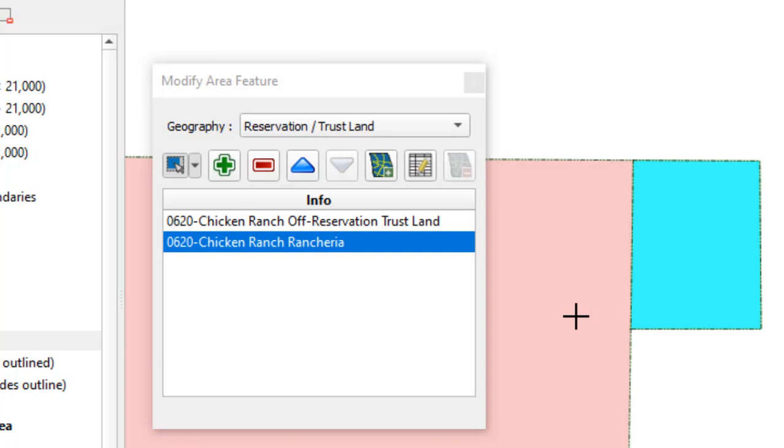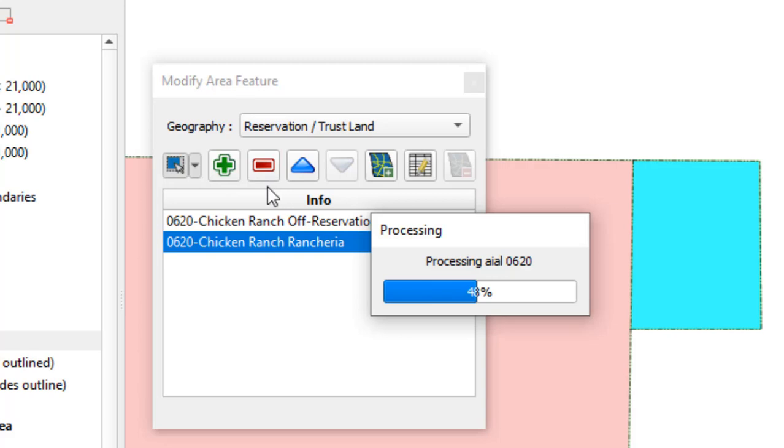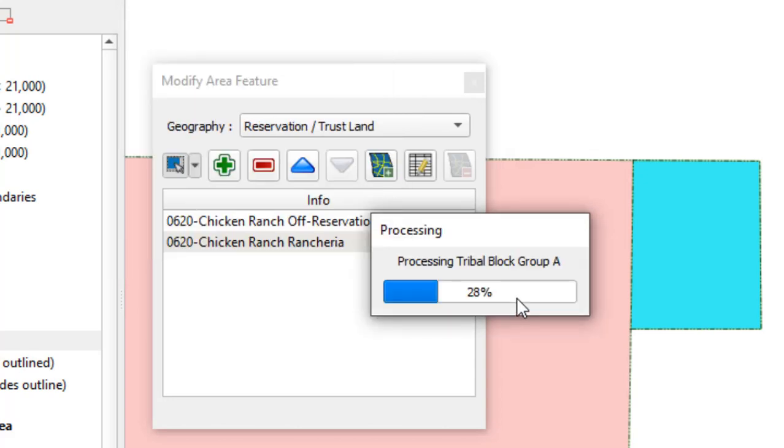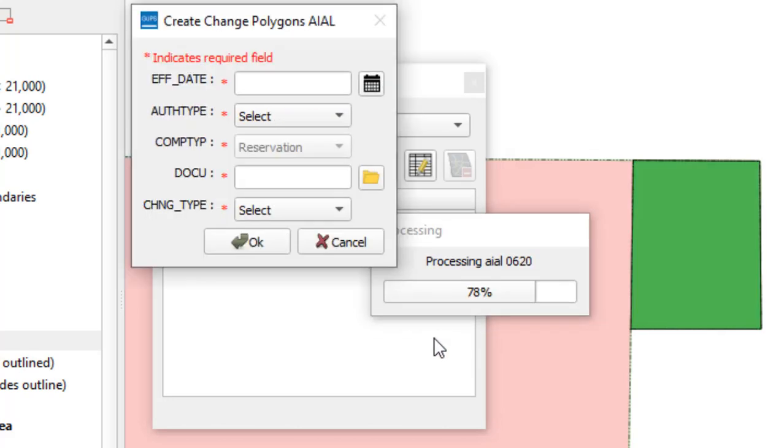After selecting the appropriate faces to add or delete, select either the Add Area or Remove Area button from the dialog box toolbar. The Modify Area feature Choose Change Type pop-up box appears. If reporting an adjustment to a cartographically incorrect boundary, select Boundary Correction. Otherwise, select Legal Change to report an addition or a deletion. In the Create Change Polygons dialog box,